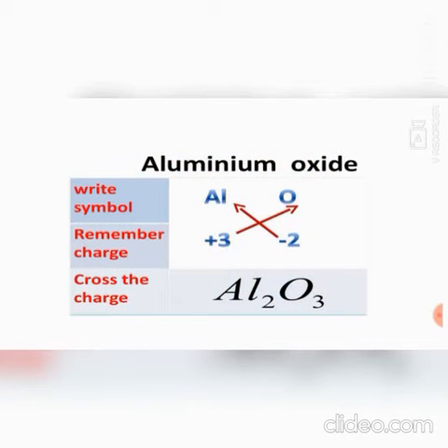So here you can see the example aluminium oxide. So here you can see two elements, aluminium and oxide, that is oxygen. So first we have to write the symbol for each element. Then we have to write the valency. For aluminium it is +3 and for oxygen -2. So usually to form a compound, positive and negative charges attract. So what happens? We have to write this 2 along with aluminium and write this 3 along with oxygen. So it forms Al2O3.